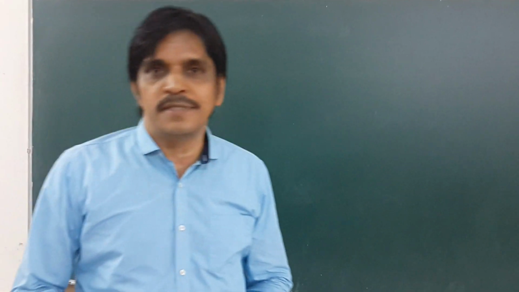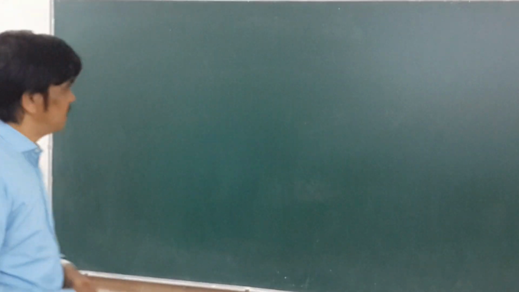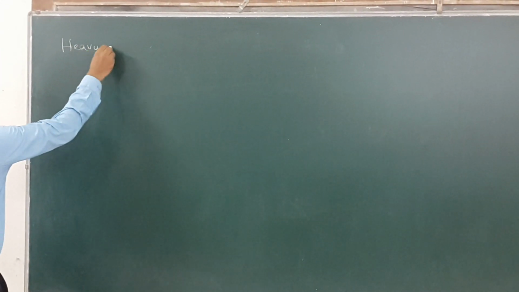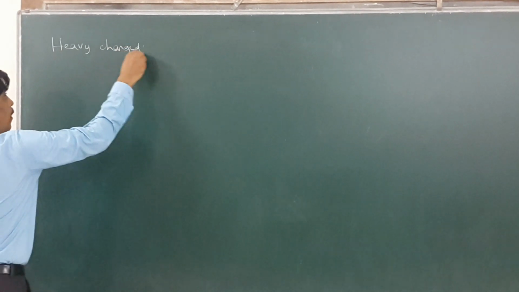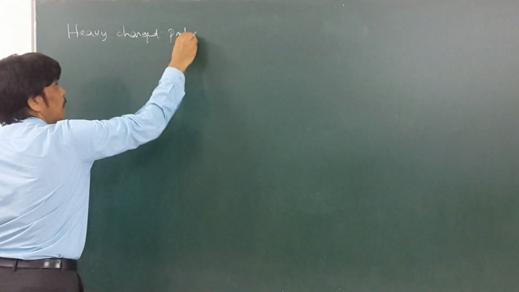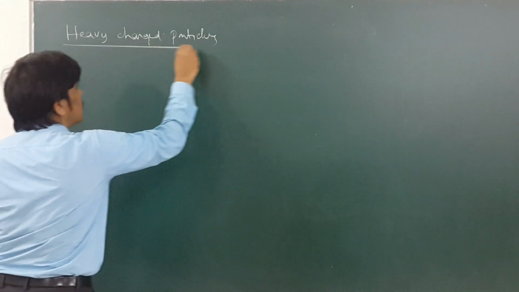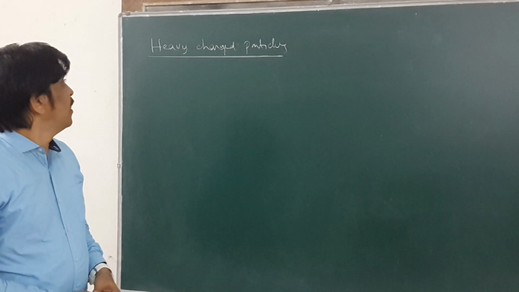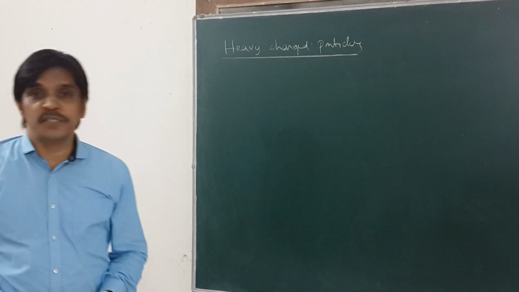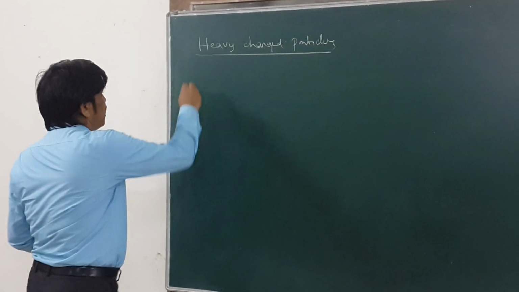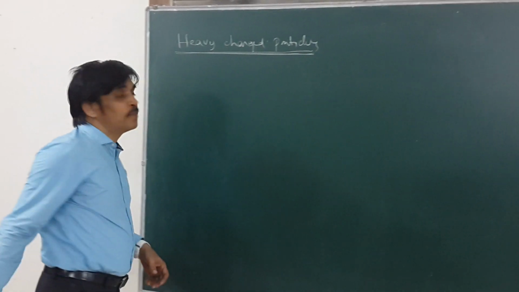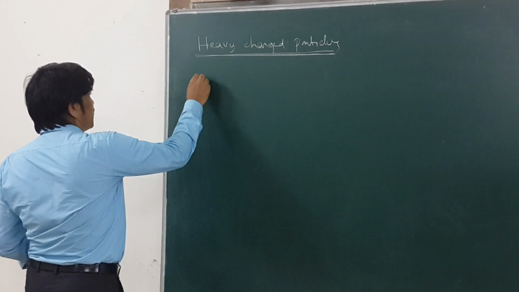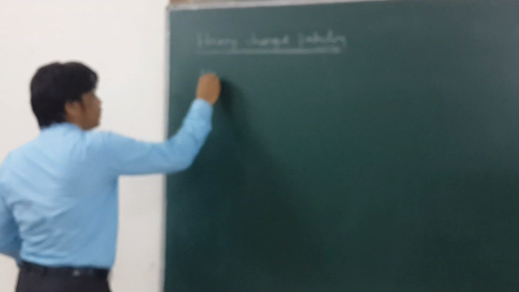Today we shall discuss the interaction of heavy charged particles with matter. So the ionizing radiations can be broadly classified into charged and uncharged. In charged particles, again we can classify them into heavy charged particles and light charged particles. So heavy charged particles are like alpha particles,